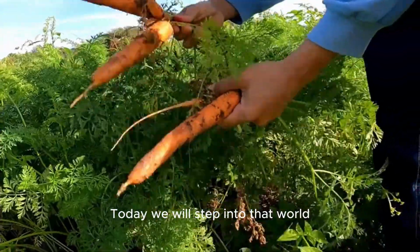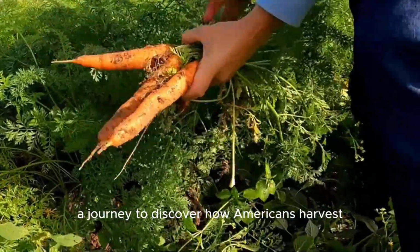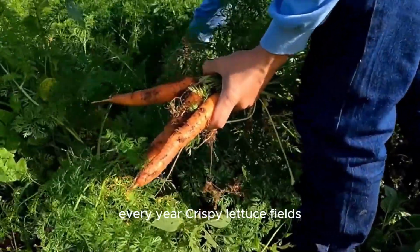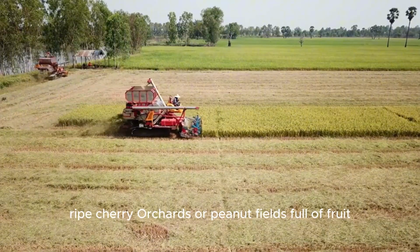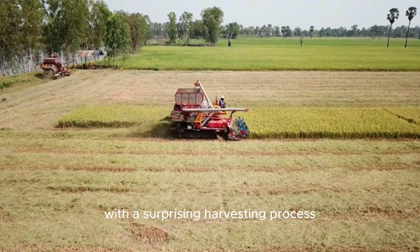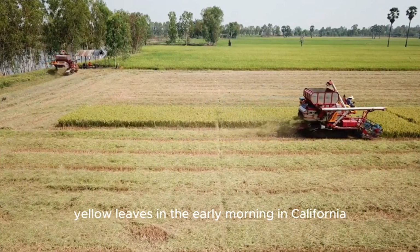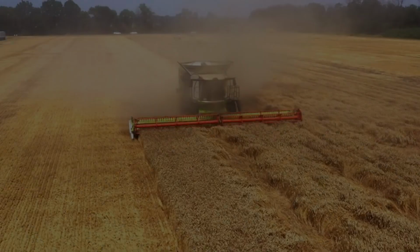Today, we will step into that world, a journey to discover how Americans harvest millions of tons of agricultural products every year. Crispy lettuce fields, ripe cherry orchards, or peanut fields full of fruit will appear before your eyes with a surprising harvesting process. Lettuce, yellow leaves, in the early morning in California, where more than 80% of the lettuce